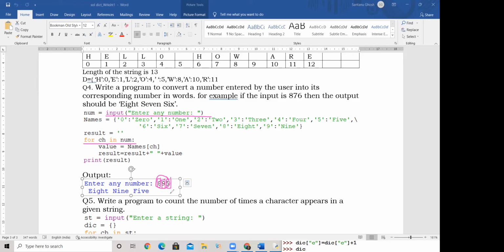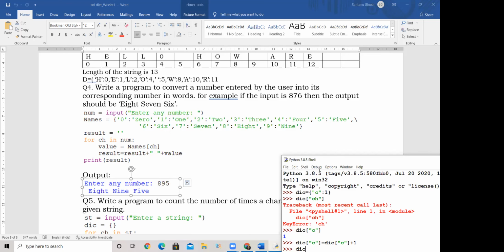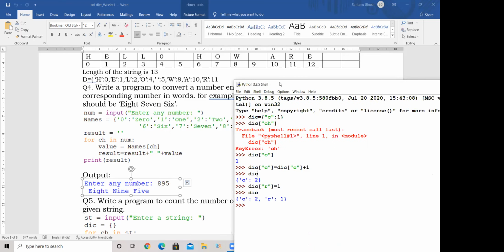There are mathematical ways of getting this value too. And that's interesting also, but a little lengthy method. I can show you one example by which you'll understand how I can do that mathematically also. Supposing I have a number 895. What happens if I write 895 modulus 10?